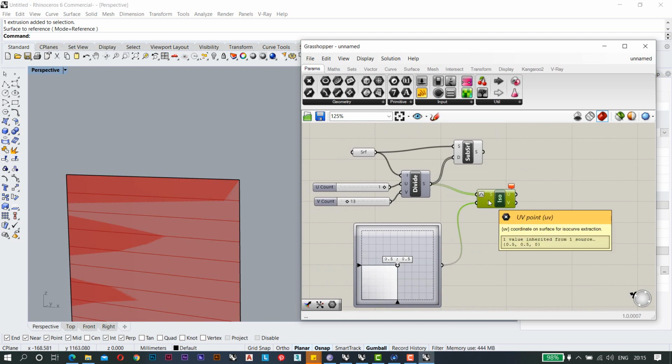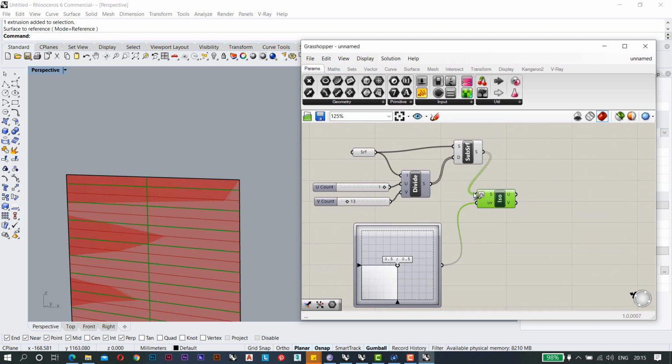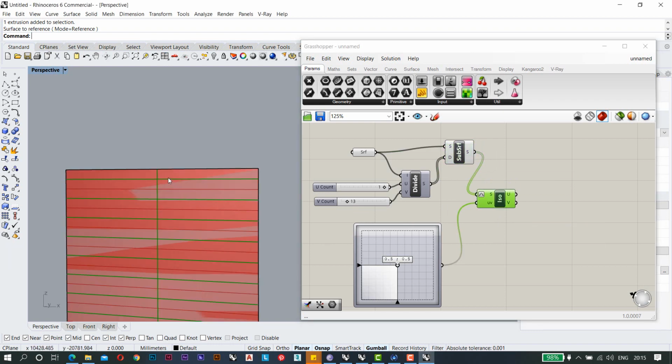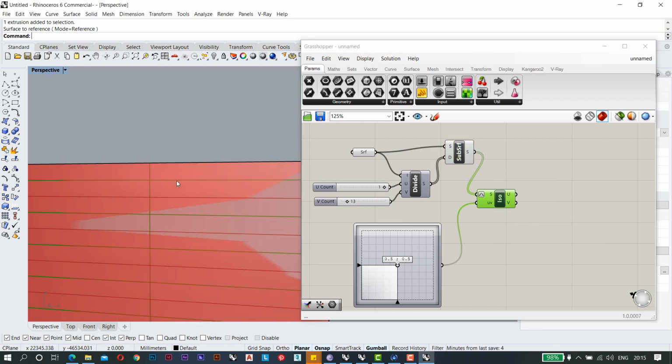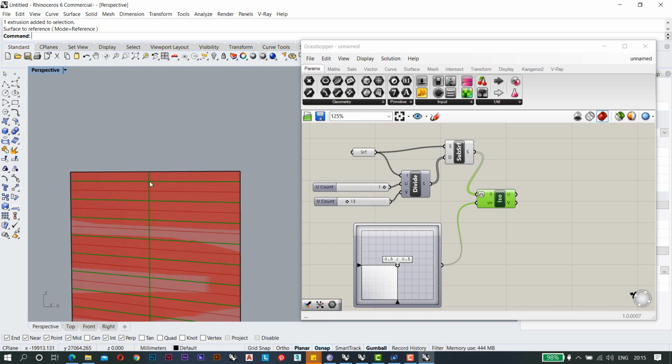Basically here we need to use this surface, not that one, because this is your domain. So we need to use these subsurfaces. As you can see, when I click on this, it gives you the exact center iso curve in the u and v direction of your surface.